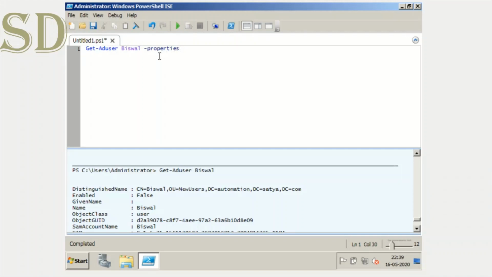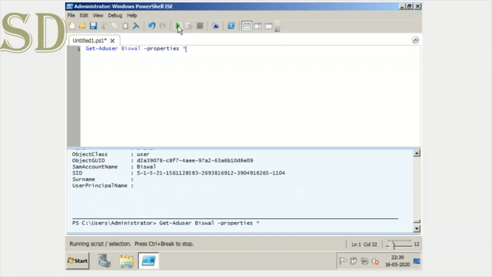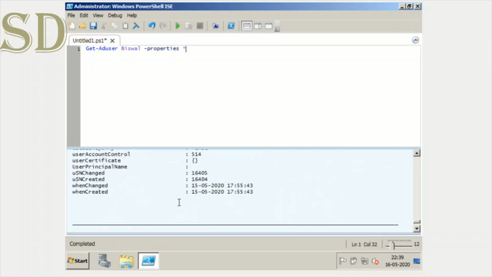If you want to see all the details of any user, it can be employee ID, email address, office address, SAM account name, any workstations they use, anything. You just need to type hyphen properties space star and run this command. Then you can see all these details.